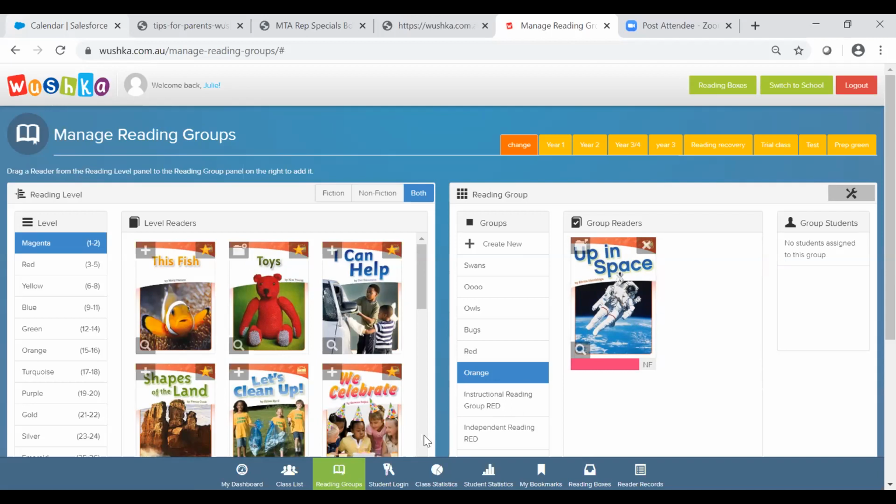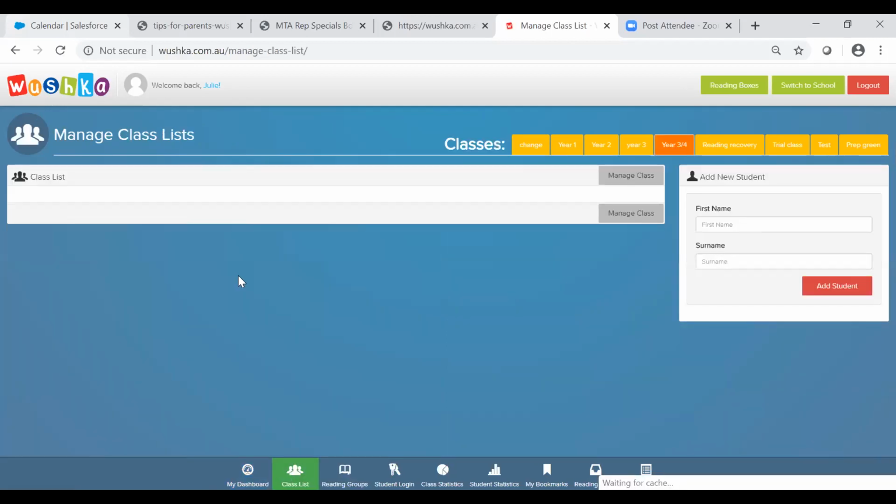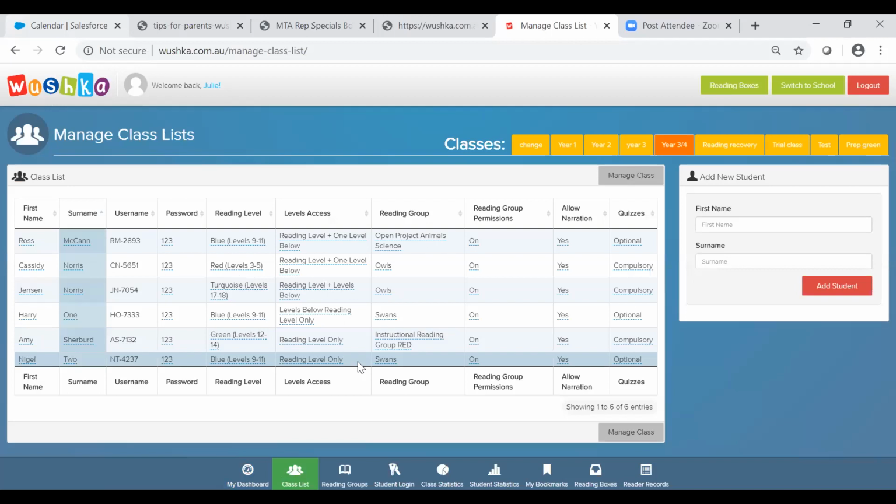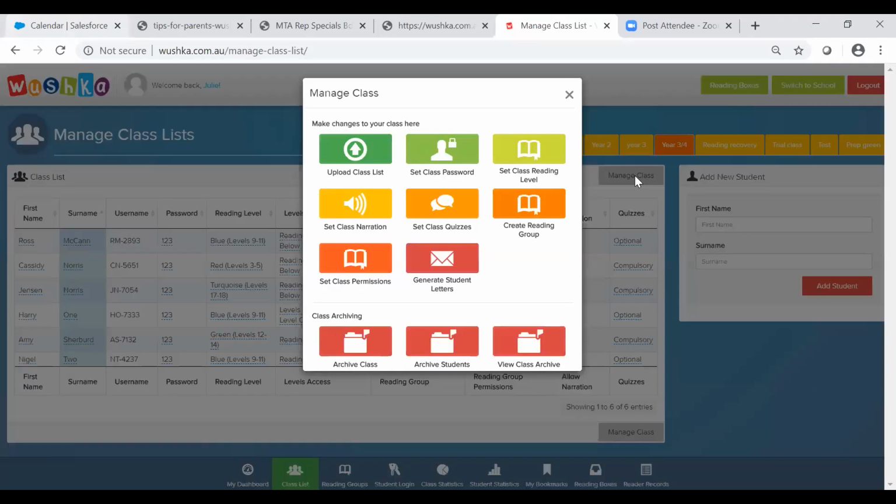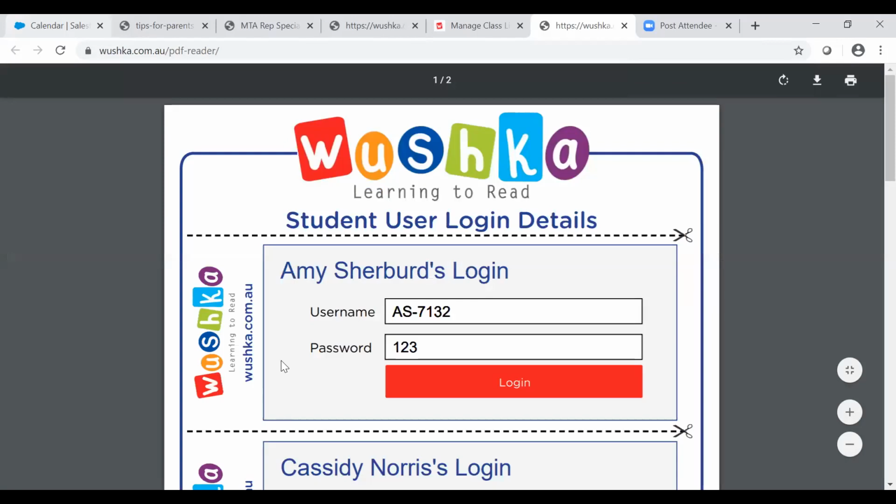Okay, so I'm going to then go back into my class list. Once you have set all that up and your books in your reading group, sorry to confuse you there, you need to go back into Manage Class and you're ready to generate your letters. As I was saying before, we just need to get the level set up and we want the kids reading. All the other things will flow in and you just press the little envelope and here you go,